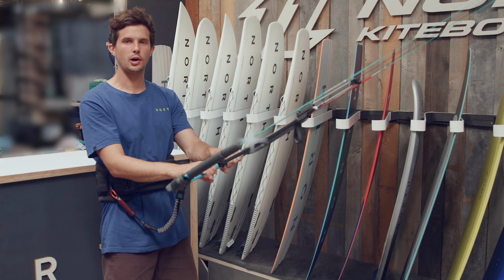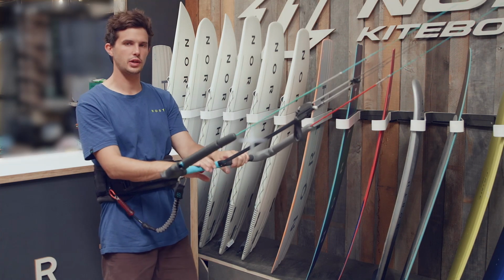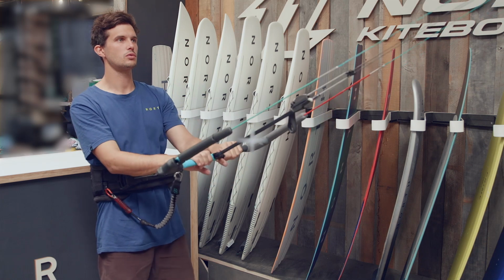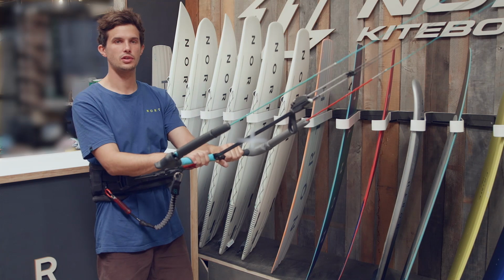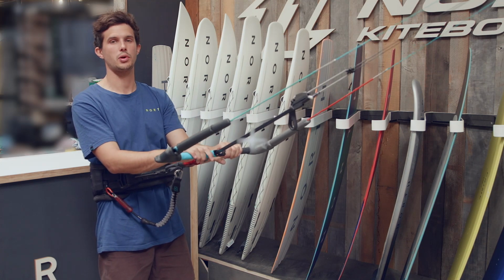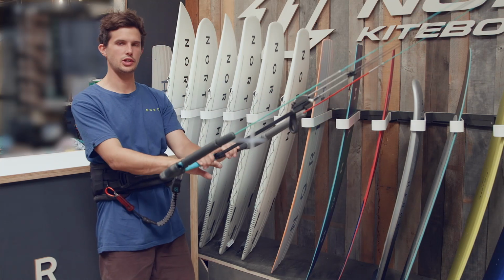So after you've replaced any part on your Navigator control system, we recommend that you perform some checks on land before you hit the water. So run your lines and connect the red and green line connectors to a nice strong fixed anchor point that can take your body weight. Then get rigged up as if you were going to go for a ride and just check a few things